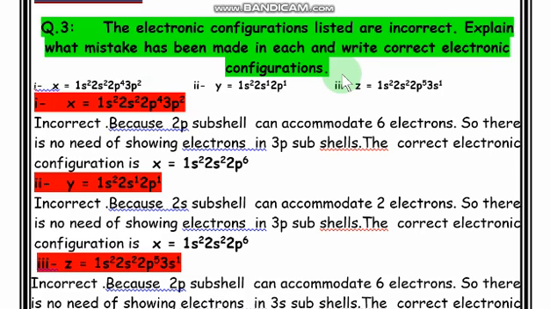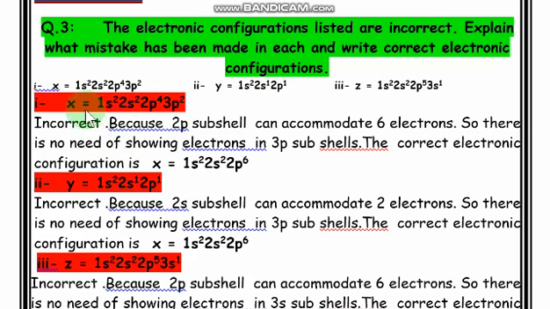For giving this answer, we have to keep some points in our mind. Number one, we have to remember the sequence of the subshells given. The sequence of subshells to fill up the electrons was given by Aufbau. He told us that electrons are filled in increasing energy order of their subshells. That is the rule we follow to write the electronic configuration of an element. Electronic configuration means placing electrons into the proper shells and subshells.